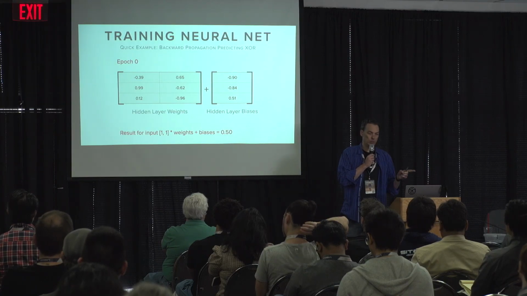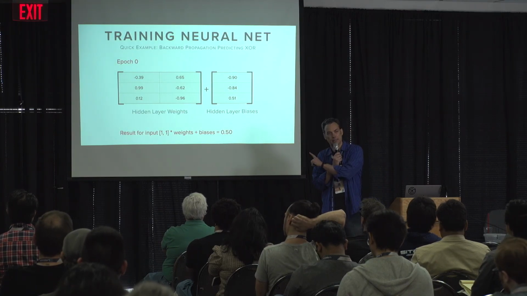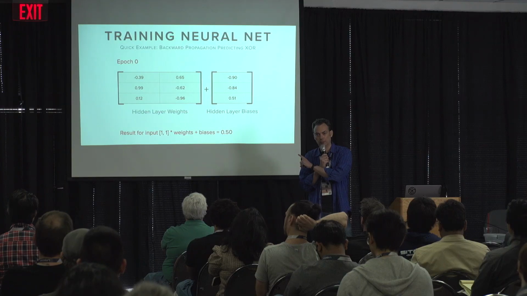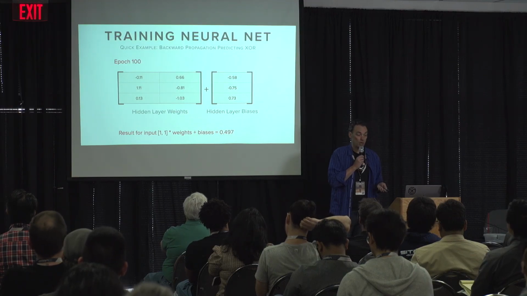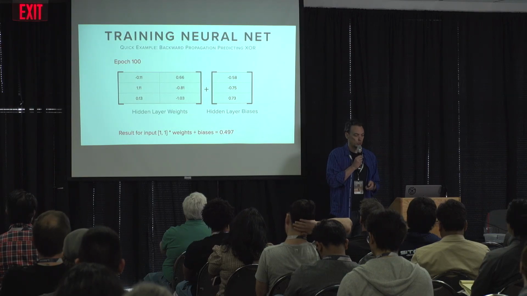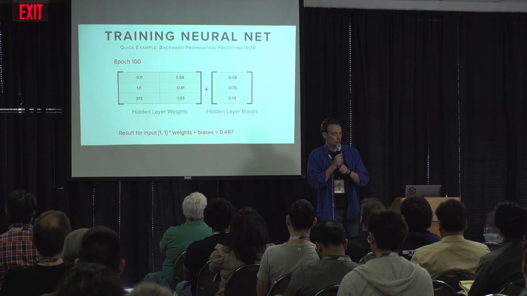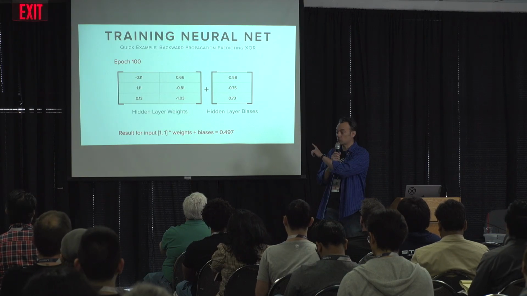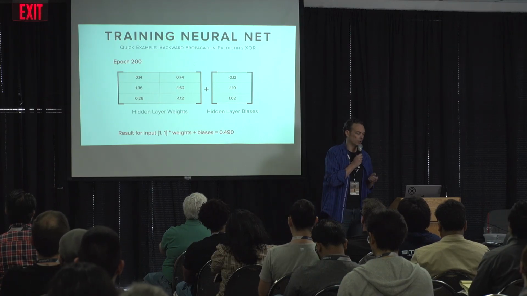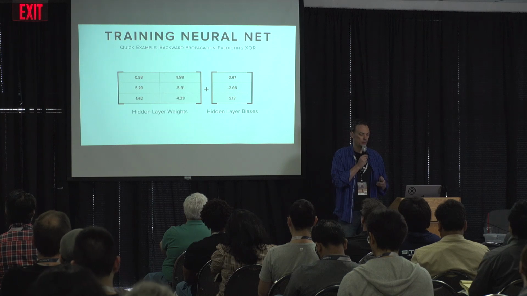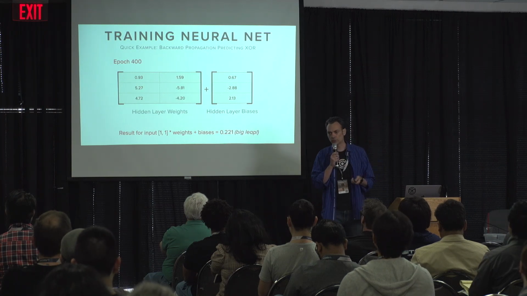If we right now went through and multiplied out 1, 1 by this and added the biases, you'd see 0.5 as the outcome. The outcome we want to see for 1, 1 as an input is 0. That would predict a correct operation. Okay, so after 100 rounds of training against those 4 inputs, it's barely moved, but it's nudged. The numbers are changing ever so slightly with every round of training to get closer to the result it should be. After 200, a little bit closer, but not much. After 300, a little bit closer, big jump at 400 for some reason.